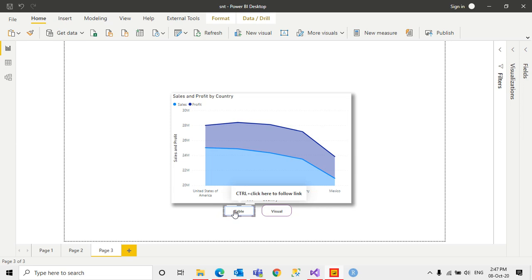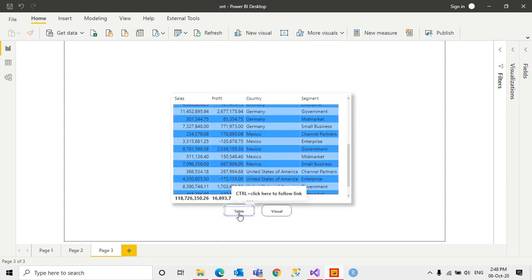Let me show it. We have two buttons here, right? Let me just copy this table button and paste it here. Let me give it some color.